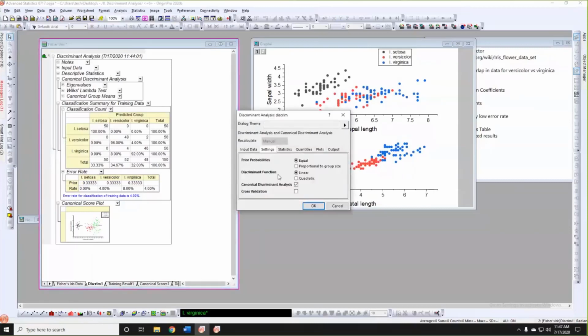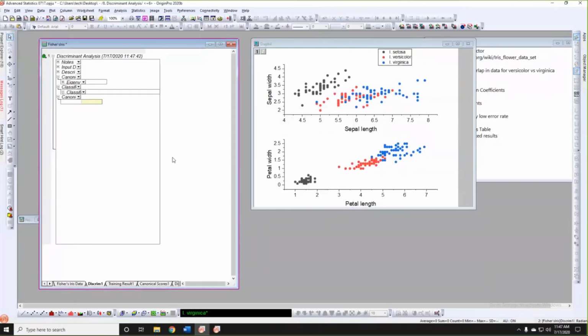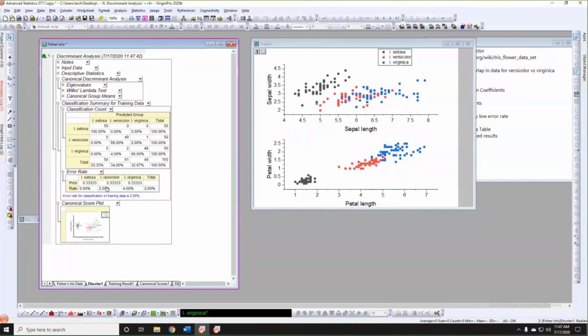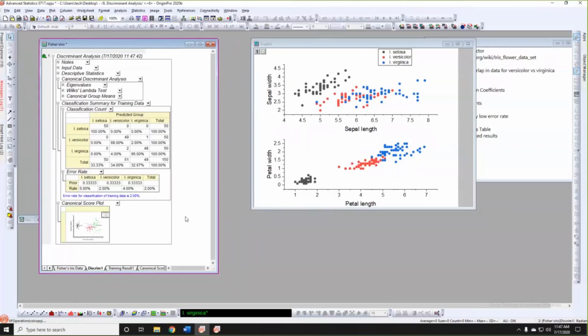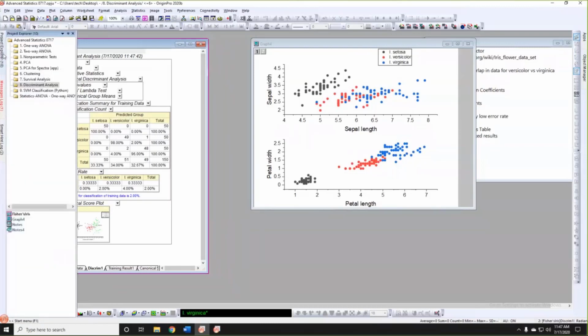If I change the linear boundary to quadratic boundary, the error is dropped to 2%. So it's an increase of accuracy of this analysis. Okay, so let's go to the